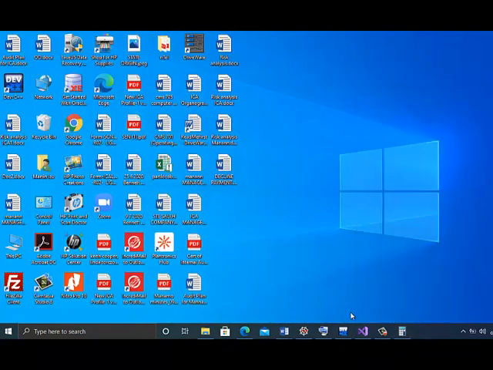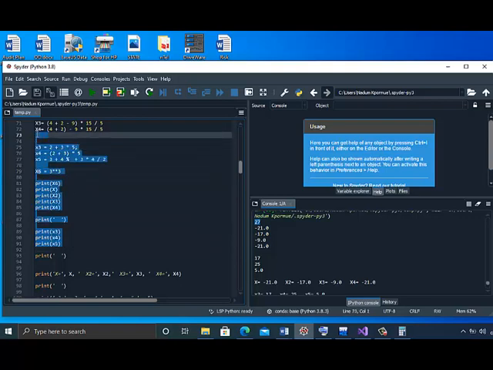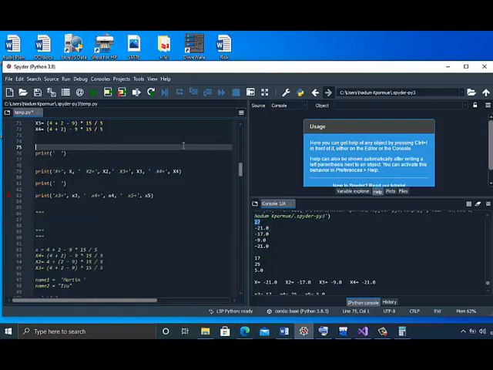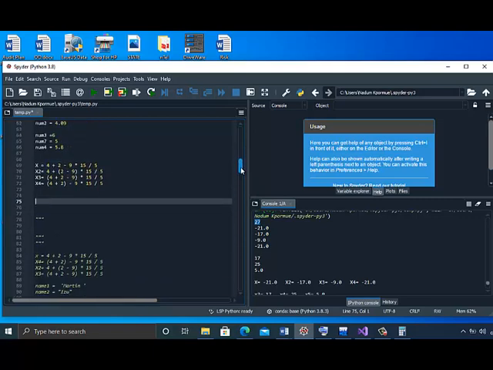Okay, so now let's look at an example here. Okay, we can take off the whole of this because we don't need them anymore. So now we know the value of x4, which is minus 21. We know the value of x, right? Good. So we can say this, print